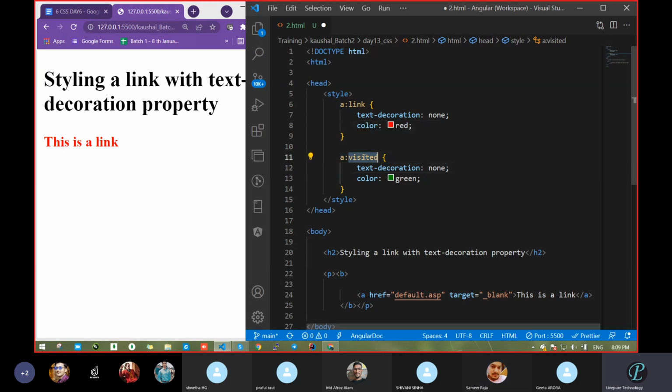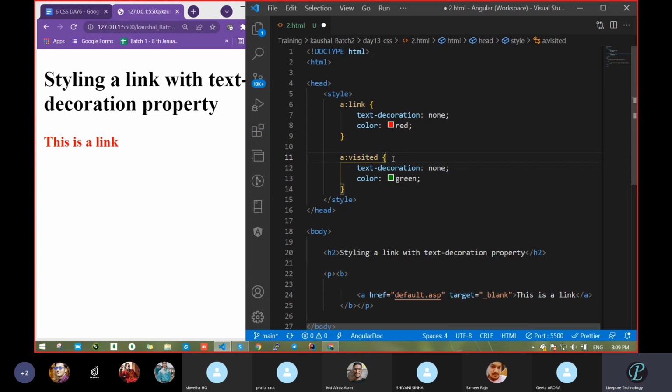Visited means what? Once any guest has visited your house, you can see that he has already been present. He is available in my home. Same type. Once we visit any link, the cache file of the browser is going to hold that location that you visited that link. And with the help of the cache file, it will find out that this anchor tag has been visited.